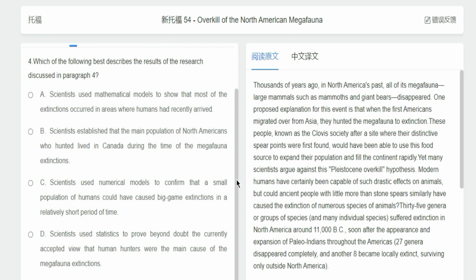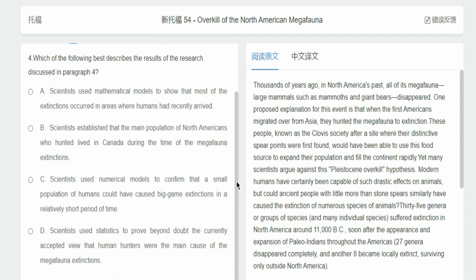Prove is not an appropriate word to talk about empirical science. Again, you have to study my book and course to understand why prove is not appropriate. Because of the word prove, D is false. Due to the way the options are worded, C has to be the answer.